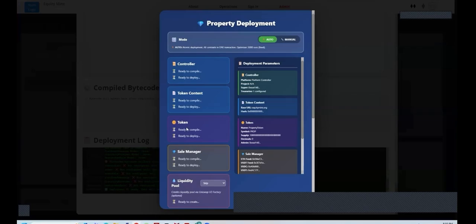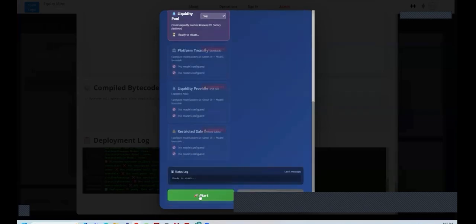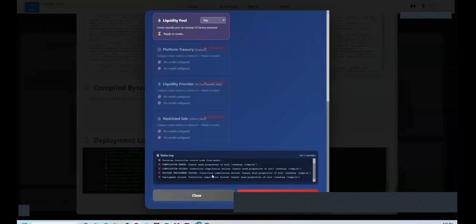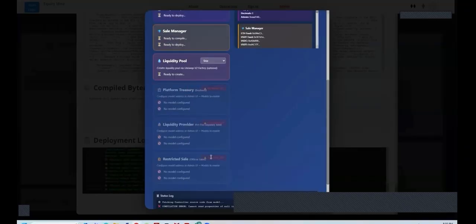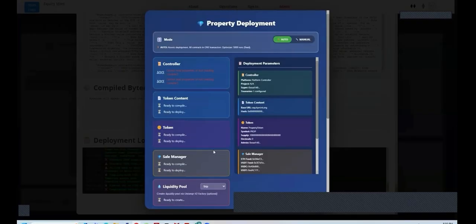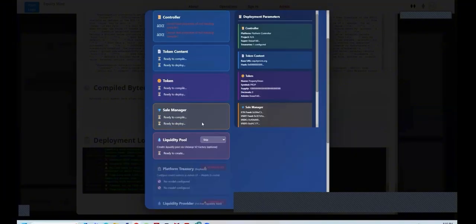This is for the last deployment, so this can be ignored. The key thing is you're going to want to start fresh. Cannot repopulate, okay, because I just made a new controller. Anyway, this starts to compile, and once it's done, you see that it's done, and then it immediately goes right into token content, right into token, right into sale manager, right into liquidity pool, unless we're skipping that,